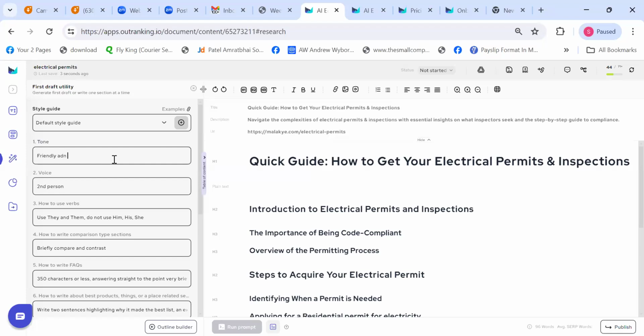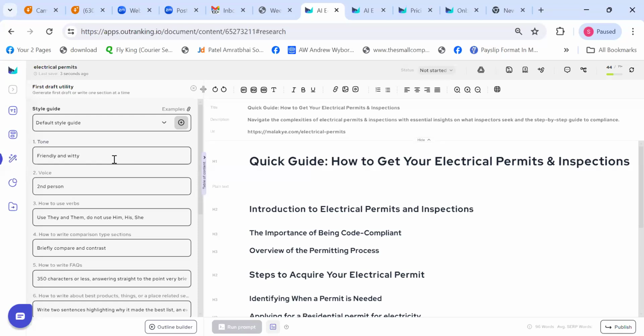Let's say I'm just using something random here. Let's say friendly and witty. If you're using professional, you can add something creative, which is going to help. So you can say professional and witty, or professional and friendly. Sometimes professional is being too professional, and people feel like they are just reading a newspaper, and that's not interesting enough. So try to be a little specific, and that is going to do wonders for you.